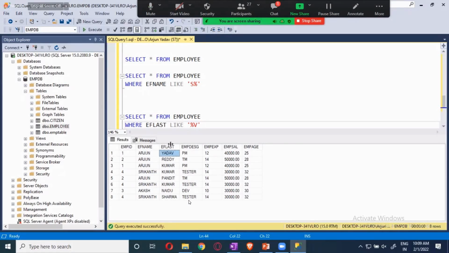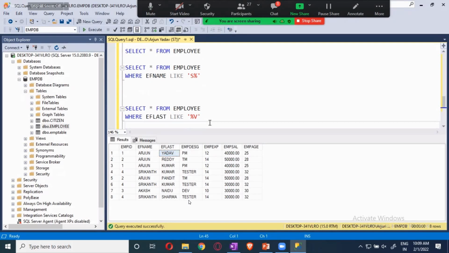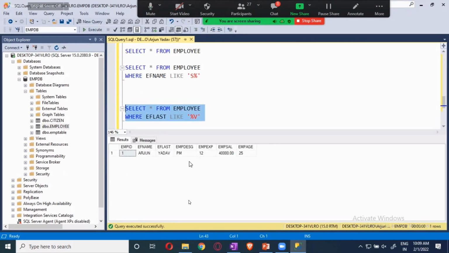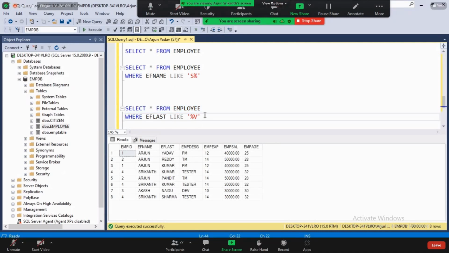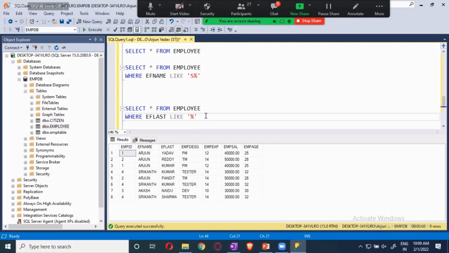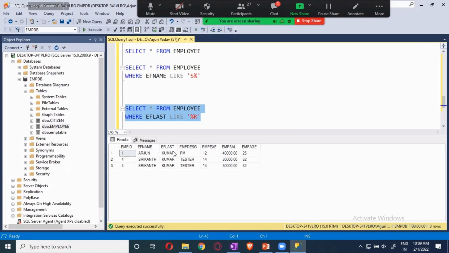Only one is there. When I run this one, we will be getting that one. Now let me run it once again. I will give R over here. Now I will get all the Kumars, all the R's.